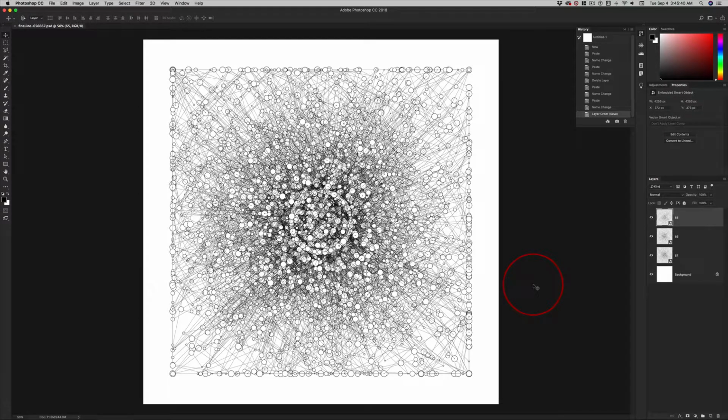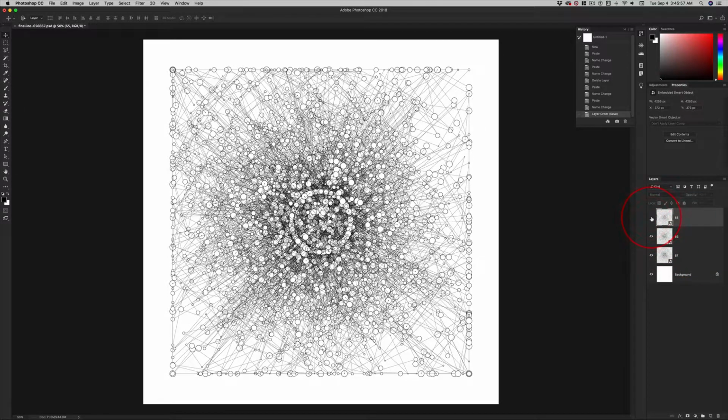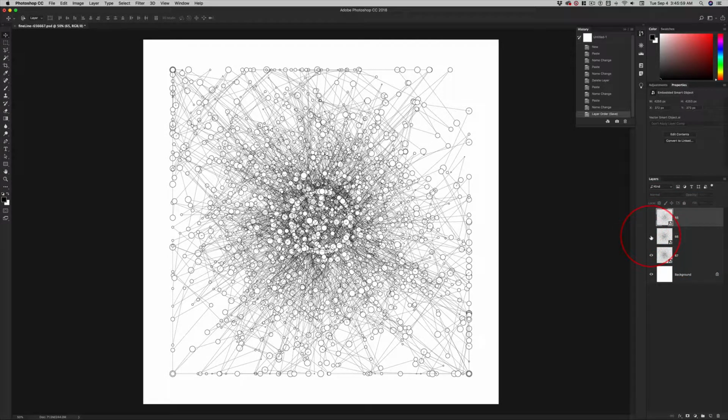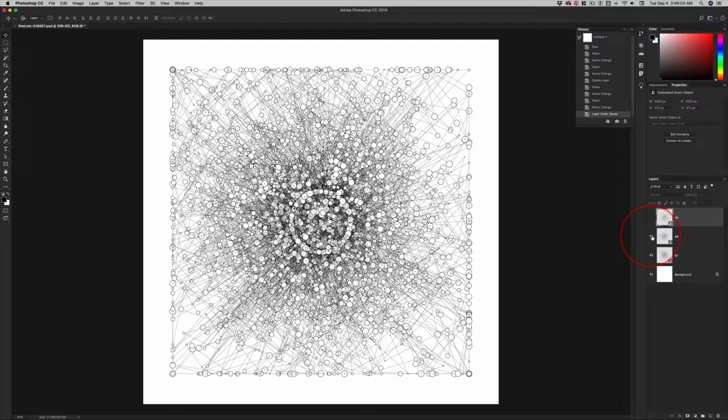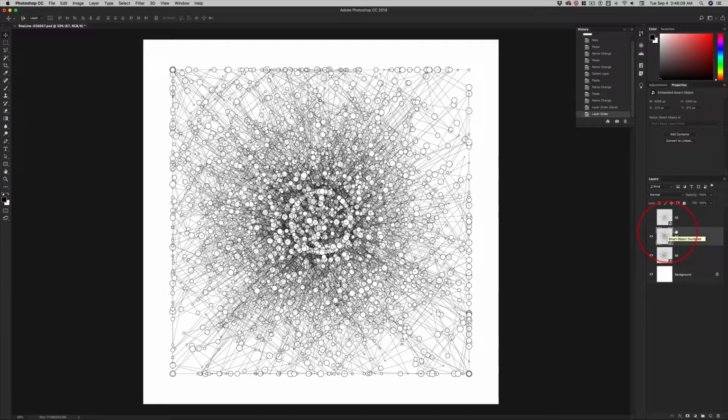I'm sure this would have occurred to one of you because this is part of the creative process. If I'm building a body of work, this is mathematically precise because it's generative art. Each one of these is unique, but if we turn off the visibility, you can see that they also interact with one another. And depending upon which one is above the other, you get a different combination of what you're